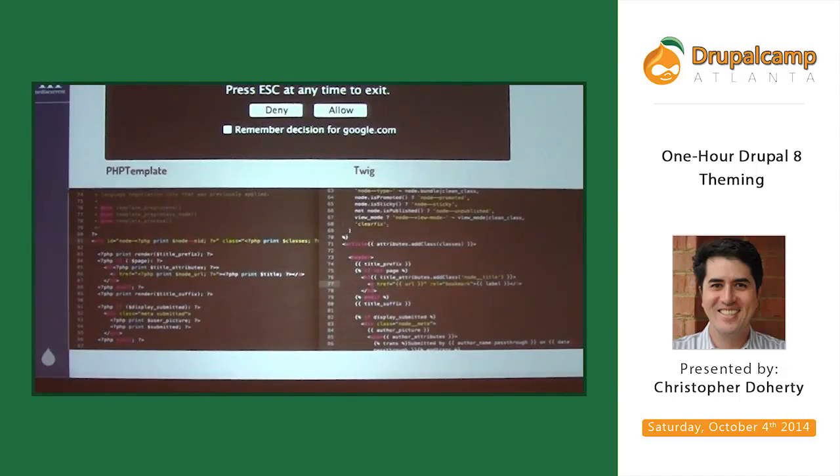I think I have the screen grab I use for this, either that or just use Firefox and zoom in a little bit. Oh, here we go.